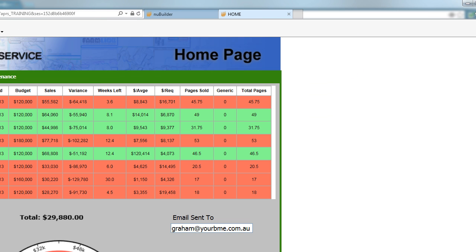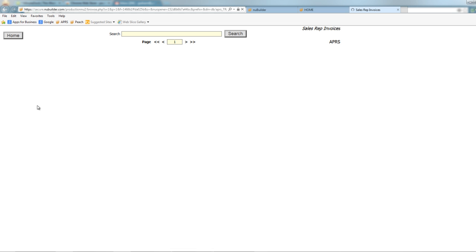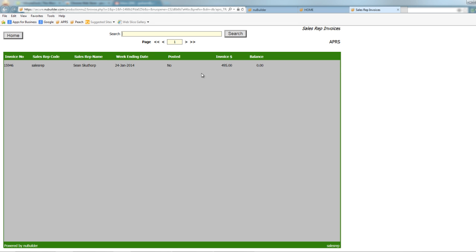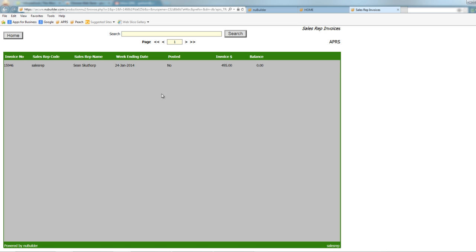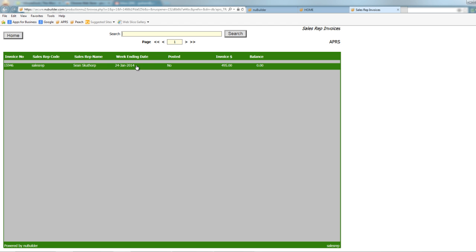Now, if you're a commissioned sales rep, the system will generate your tax invoice for you. It's what's called a recipient created tax invoice. So the supplier, or sorry, the customer has generated your tax invoice on your behalf. Still perfectly legal, saves you a lot of paperwork. Okay, dependent on the commission rates and what's agreed, there will be a tax invoice dependent on when you're paid, and posted just means internally that it's been paid and it's been sent off to the accounting package to be correlated with your payment. Okay, inside here,